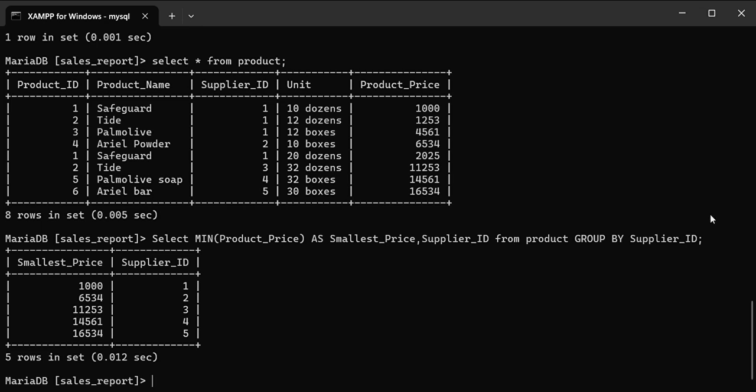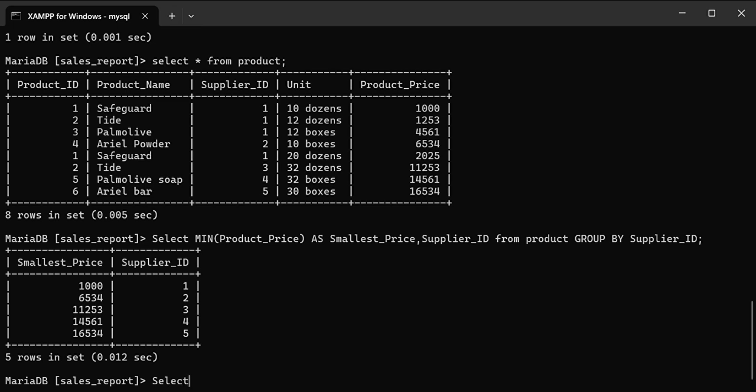The SQL count function. The count function returns the number of rows that matches a specified criterion. So for our next example, we are going to specify a column. The column name can be specified instead of the asterisk symbol. By doing so, null values will not be counted. Say you want to find the number of products where the product name is not null. For this example, we will still be using our product table.